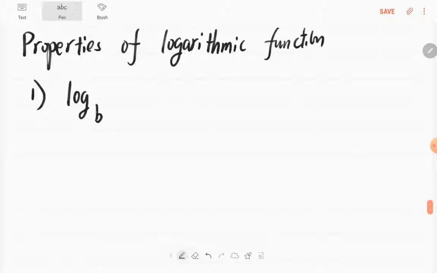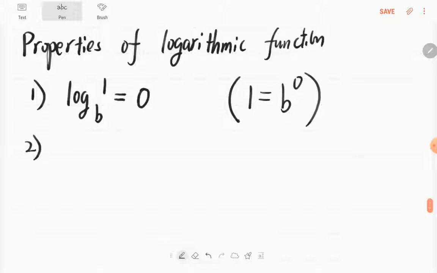Base b of 1. So that means it's equal to 0. Why is this true? Because we know that means 1 is equal to b to the 0. Yes, that is correct. Log b to the base b of